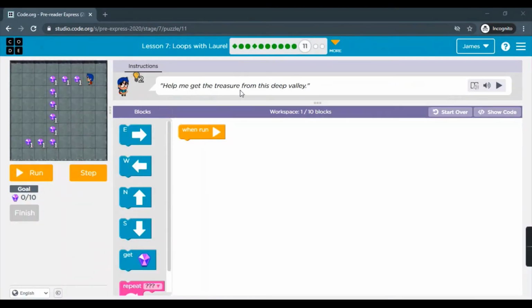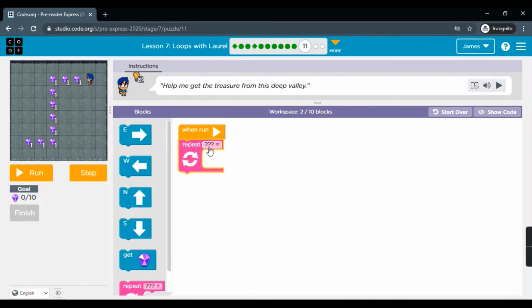Help me get the treasure from this deep valley. He will move 3 steps west. Get the treasure 1, 2, 3, 4, 5 times.